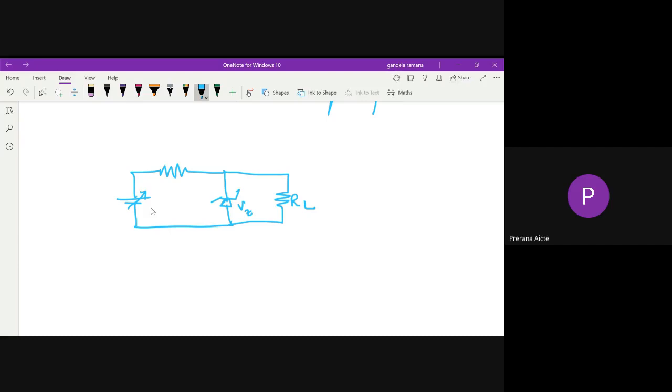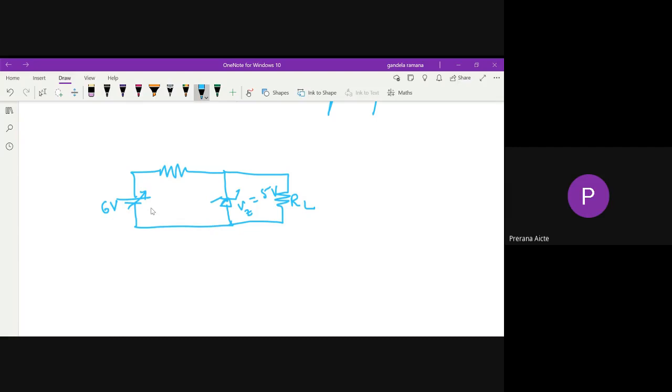Suppose the voltage across the load must be constant. The Zener diode supply voltage must be more than the breakdown voltage. One condition: it must carry the minimum Zener current. These two are the sharp breakdown advantages. Suppose Vz is equal to 5 volts and the input voltage is 6 volts. So Vz is 5 volts. What happens to the remaining 1 volt? A drop will happen.